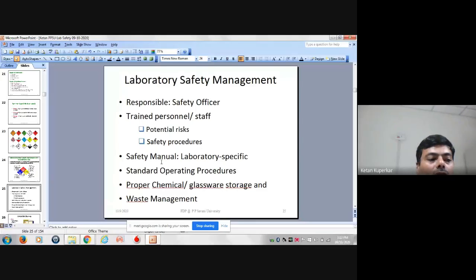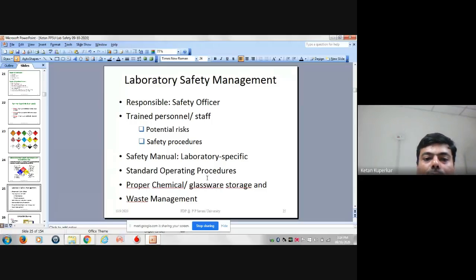Now, safety manuals are also to be defined, laboratory specific, and this is the point where the faculties are given the maximum account, because the laboratory specific manuals are generally designed by the faculty. Standard operating procedures define the definite way of handling the instruments present in the laboratory, which are to be well maintained, calibrated,